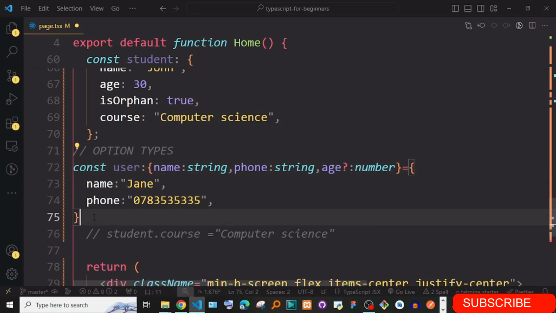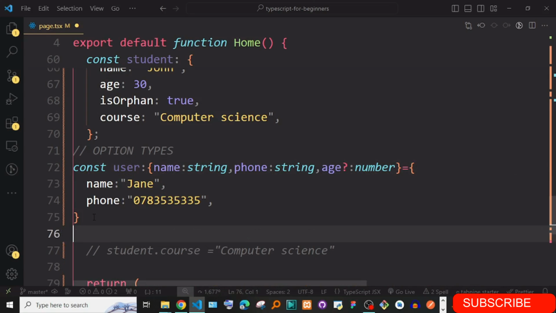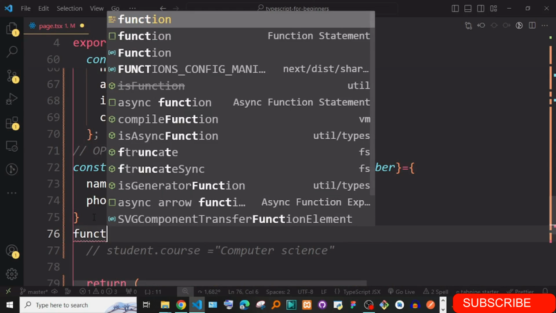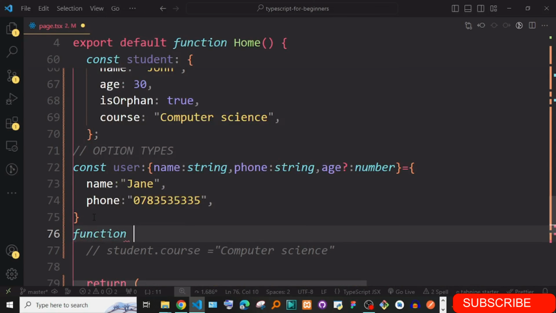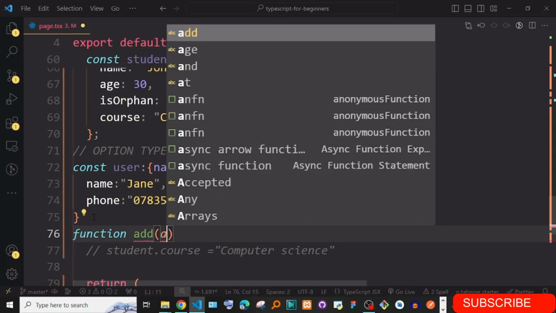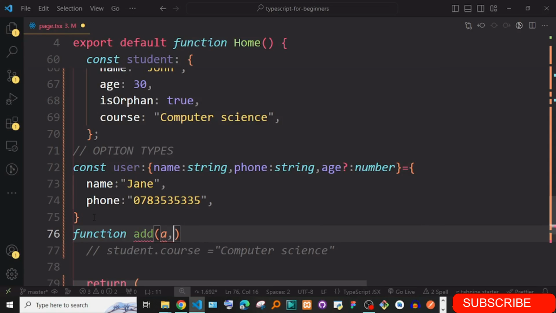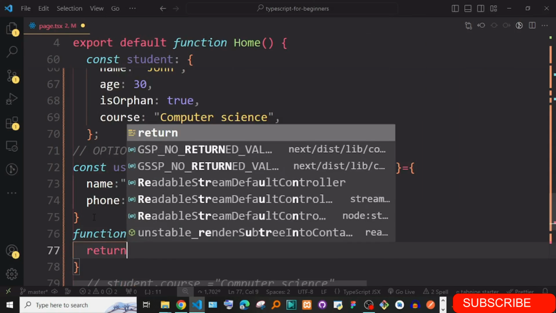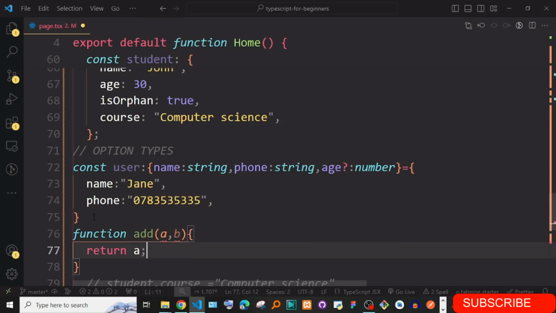And the same goes for functions. For instance, you can define a function, maybe add, which adds two numbers a and b, just like this. And let's return maybe a, for some reason.